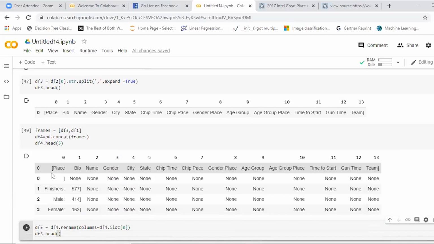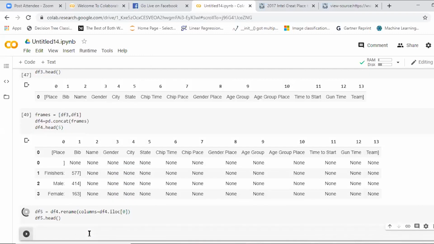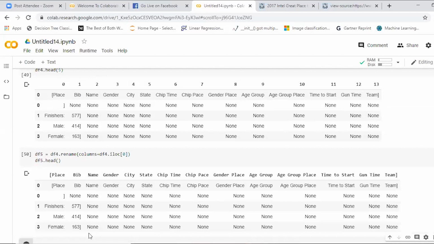What is the first index? Place, bib, name, gender, city. I'm locating this. iloc stands for index location. Then you print df5 dot head. See, you got what you can see over there. Again, you're getting the same data over there: place, bib, name, because you have only renamed it.